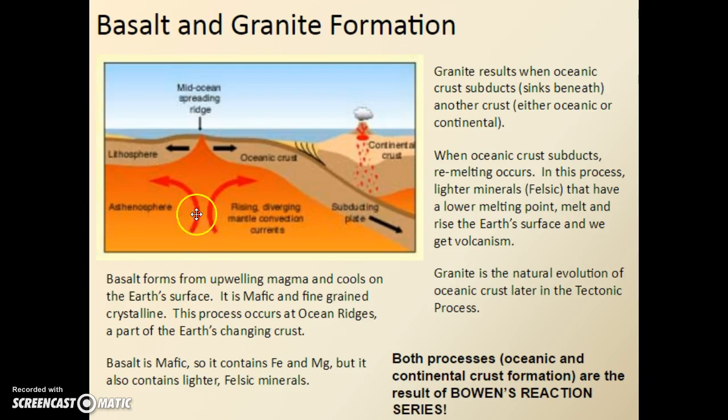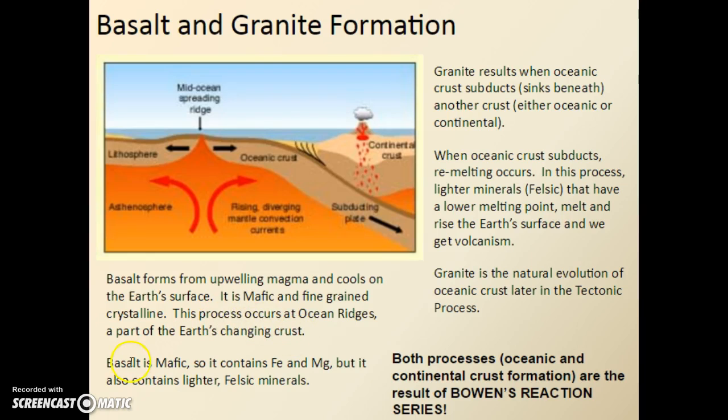If I look at basalt, I get this upwelling of magma. Really simply, it's just rising vertically due to being hot. And it cools on the Earth's surface. It is mafic and fine-grained crystalline. Right, fine-grained, cooled very quickly. So we would say that is aphanitic. This process occurs at ocean ridges. That's what it's called when we look at the Earth's surface. These are divergent boundaries, and we'll look at boundaries here in just a moment, which is a part of the